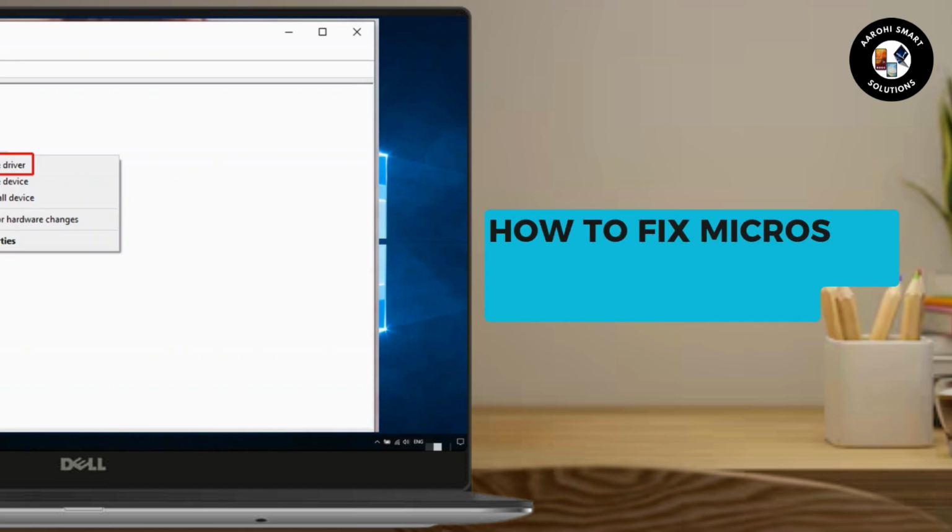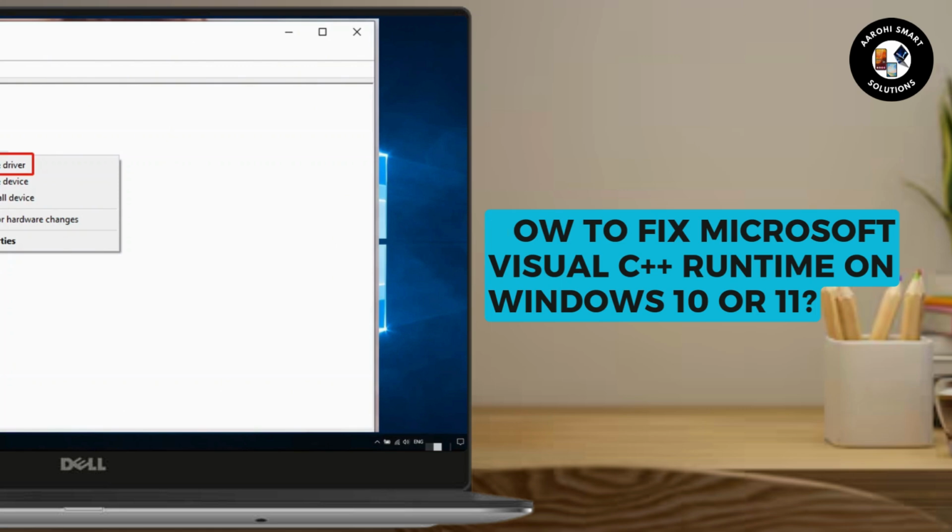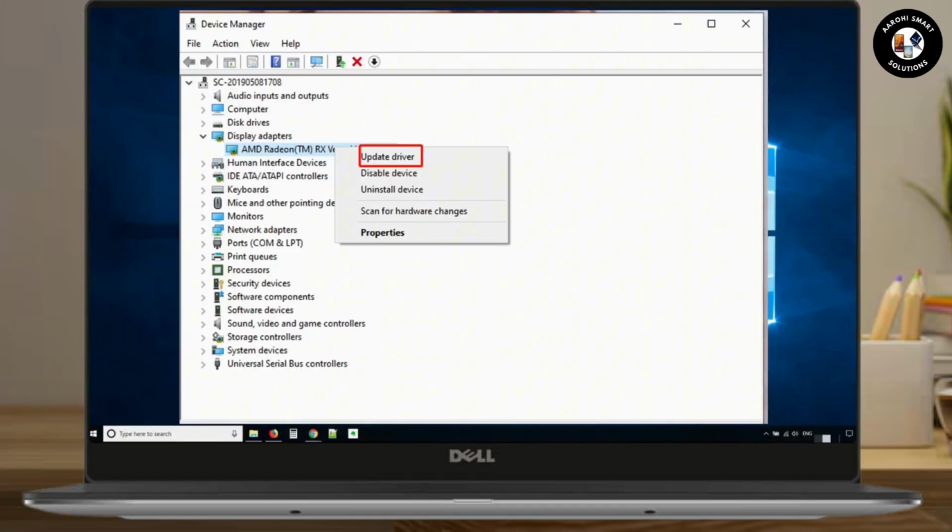How to fix Microsoft Visual C++ runtime on Windows 10 or 11. So let's get started. Firstly, try updating your graphics driver. The outdated graphics driver can often trigger Microsoft Visual C++ runtime library error, so you can reinstall or update your